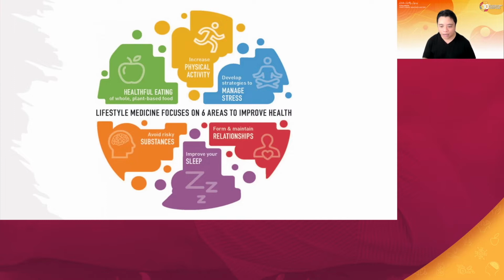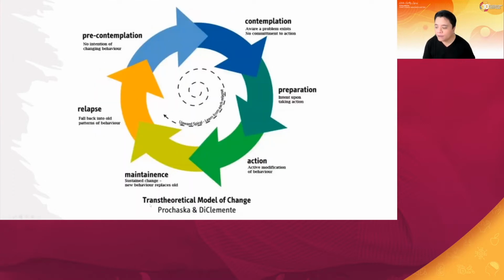So in other words, our way of engaging people would be for the goal of helping them eat better, helping them move more, be more physically active, manage stress, maintain good relationships with other people, sleep well, and of course, avoid risky substances. Also, I am going to be explaining this to you assuming that you also have an understanding of the trans-theoretical model of change.